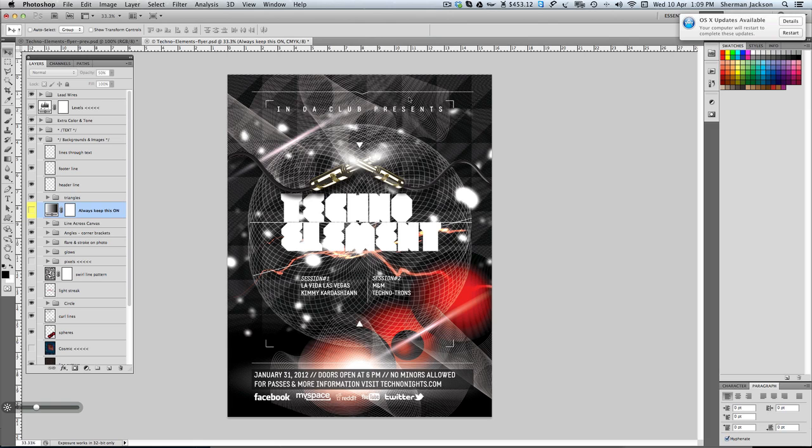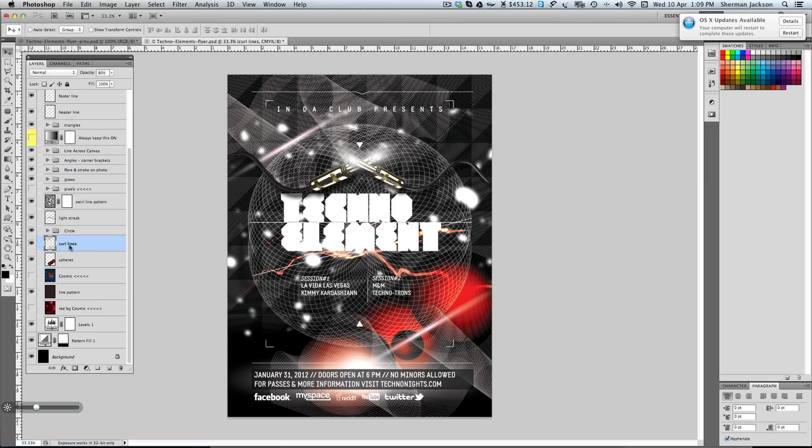Now you might be wondering and saying that the lines behind it are a little too sharp. Well, you can go ahead and change that as well. You can reduce the opacity, and I'm going to show you. So you can see this particular layer that says curl lines. Right now it's set to an opacity of 80. I'm going to bring that down to say 40, just about half. There you can see I've reduced the opacity there, and the line pattern here,